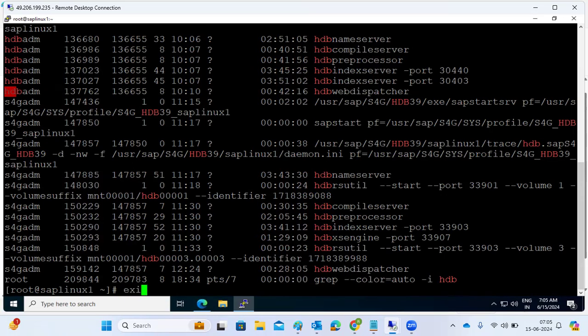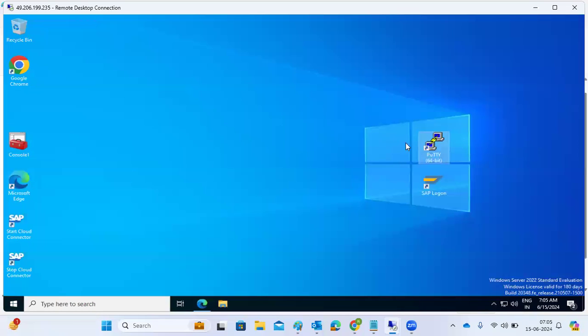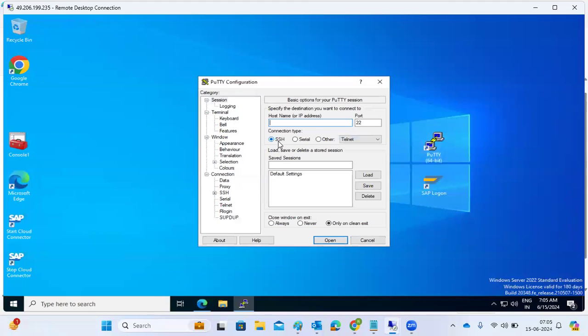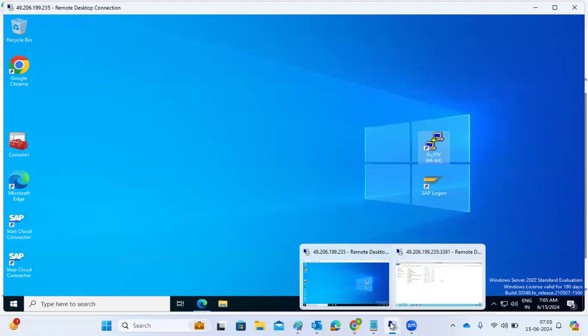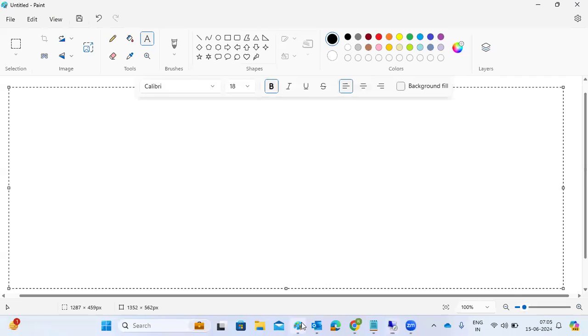So in this case, we have installed the database using the HDB LCM tool. Then what is the next step now? Next, we need to monitor the databases, to perform the administration activities and the development activities. We need to know how to connect to the database. In that case,